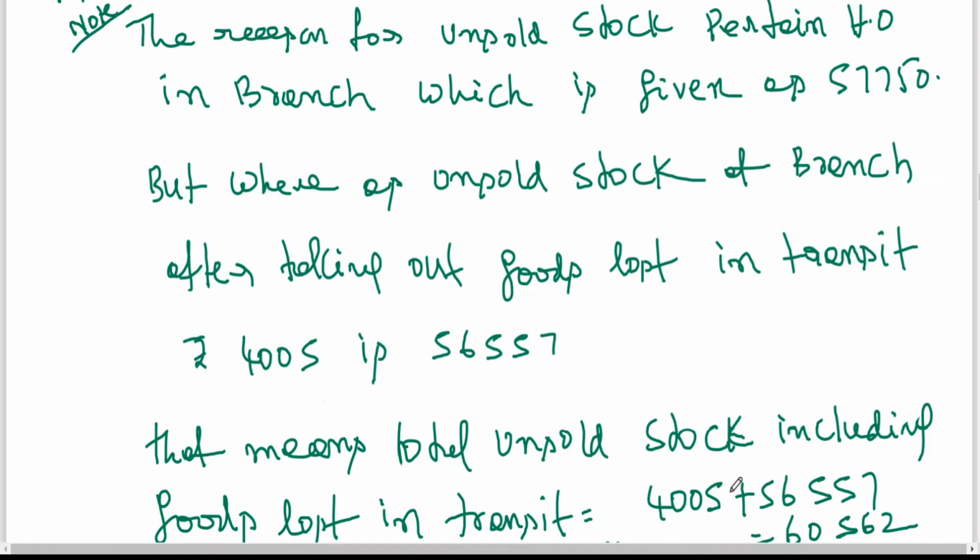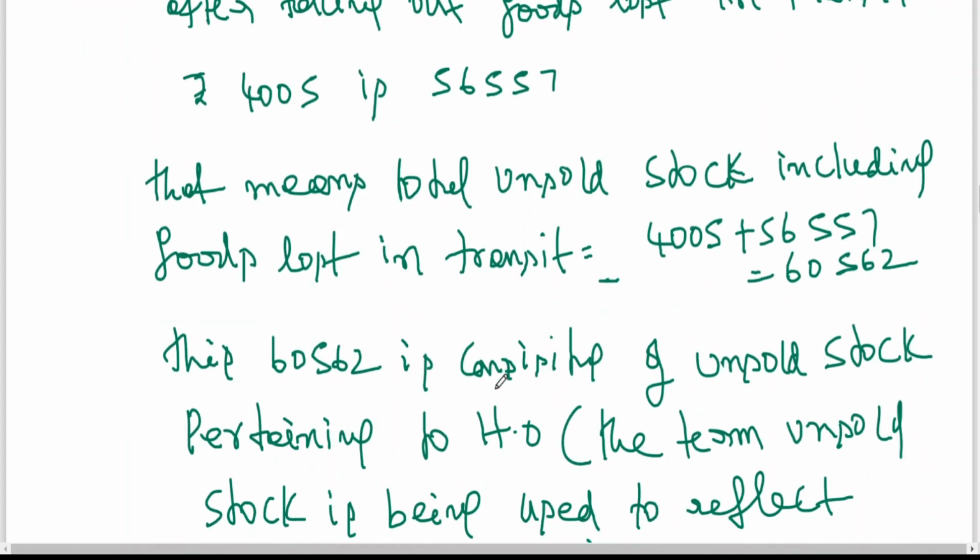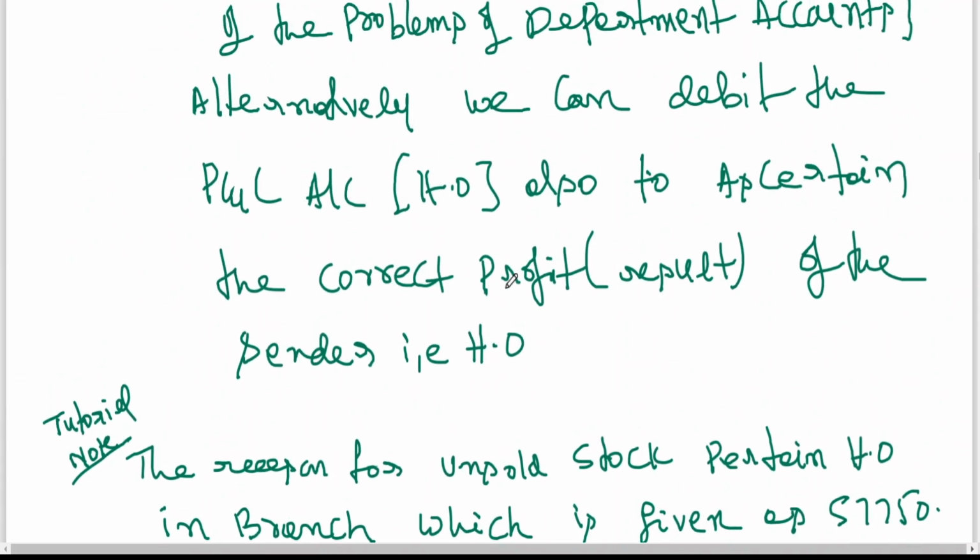So the reason is that 57,750, whereas we are having 56,557. The reason is that the goods lost in transit has been deducted. But the goods lost in transit, from where are you getting? Partly from purchases, partly from head office. So we can say that that particular stock, whether lost in transit or with the branch, is already assumed by head office as goods sold. That is the reason why you are having the concept of unrealized profit. Even if you don't observe it, you can still work it out. This is just for explanation I have given, my dear friends. No need to copy.